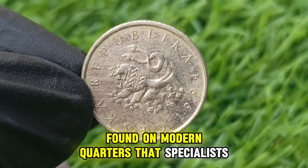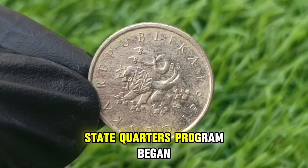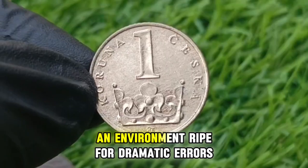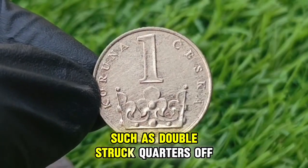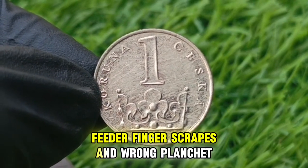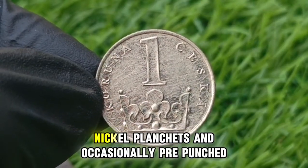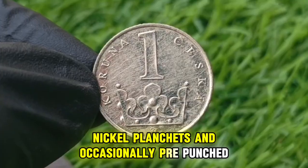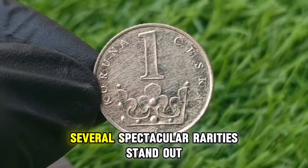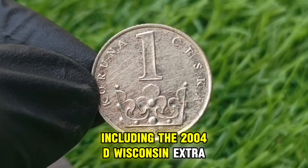but conceptually similar distinctions also appear in subtle spacing differences found on modern quarters that specialists continue to study. By the time the 1999 state quarters program began, the U.S. Mint was producing billions of quarters a year, an environment ripe for dramatic errors such as double-struck quarters, off-center strikes, fragments, feeder finger scrapes, and wrong planchet coins, including examples struck on cent planchets, nickel planchets, and occasionally pre-punched metal stock,